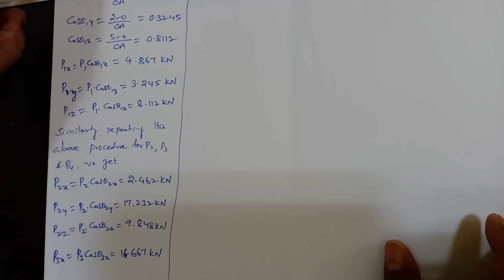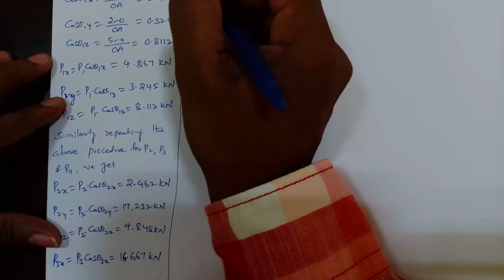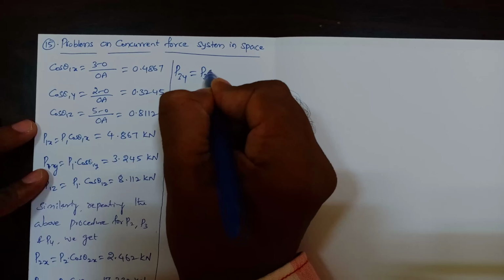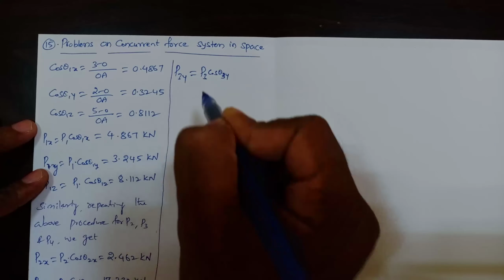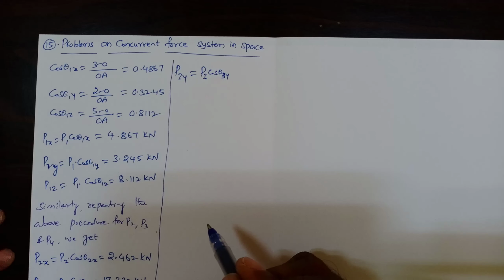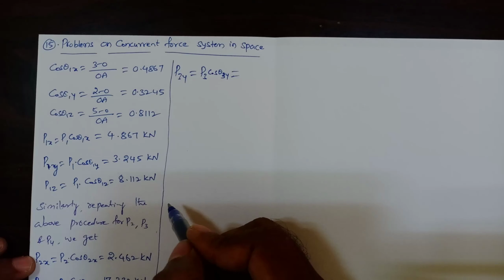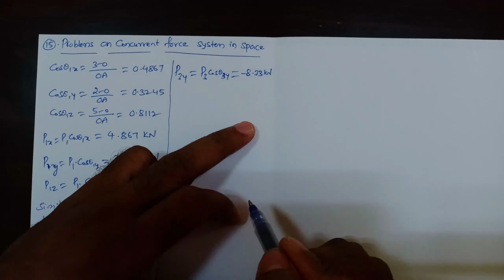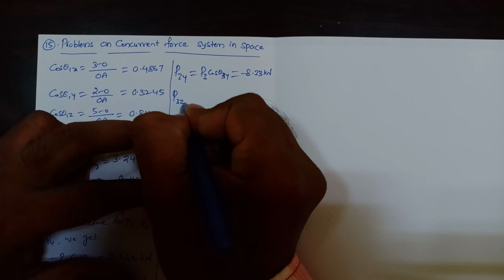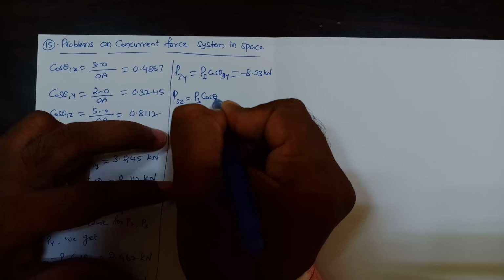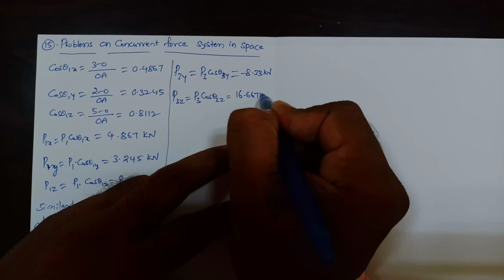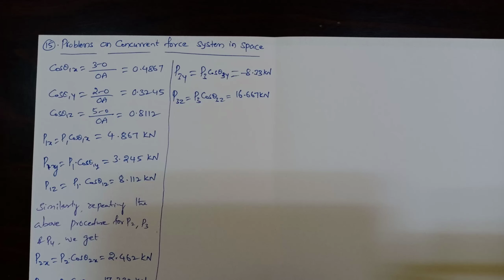And P3y is equal to P3 cos theta 3y, this is equal to minus 8.33 kilonewton, and P3z is equal to P3 cos theta 3z, that is equal to 16.667 kilonewton. Similarly, P4x